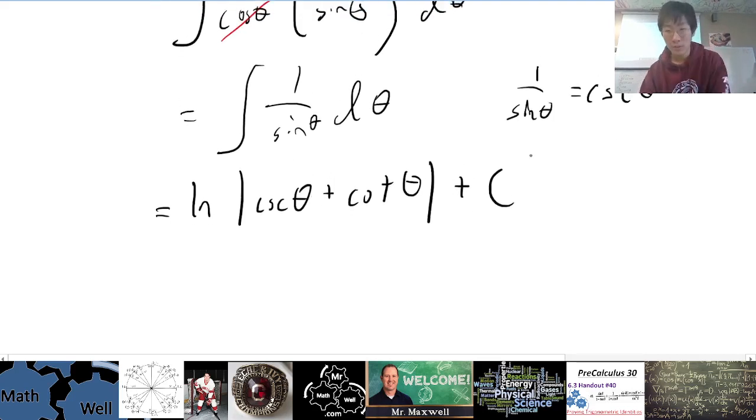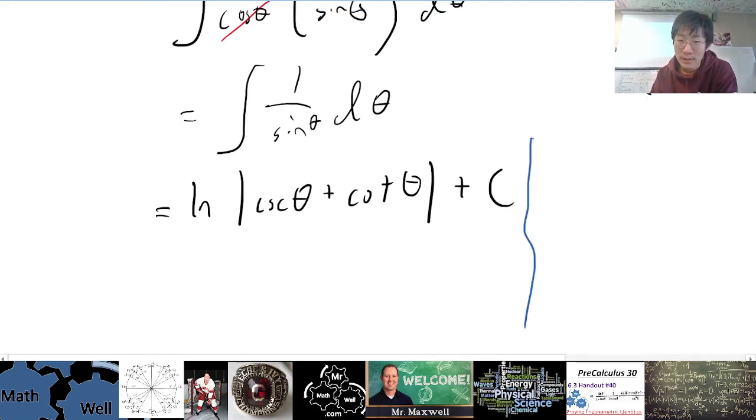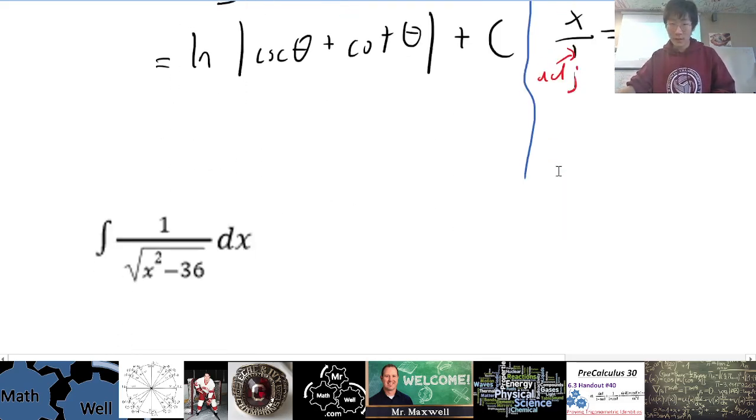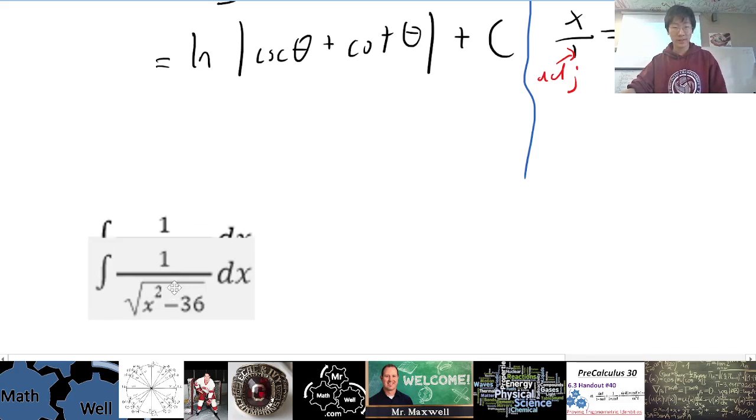All right, and again, we have to turn this back into x terms because our original question was in x terms. So let's remember that the substitution we made was x equals tan theta. If we want to help ourselves, we could write it as x over 1 equals tan theta, right? And now we can see, since tan theta is equal to opposite over adjacent, this x here is going to be our opposite, while 1 is going to be our adjacent. So if we draw out our triangle,